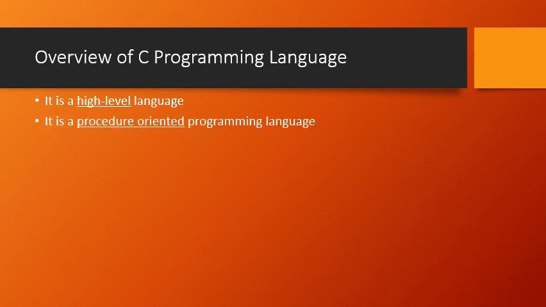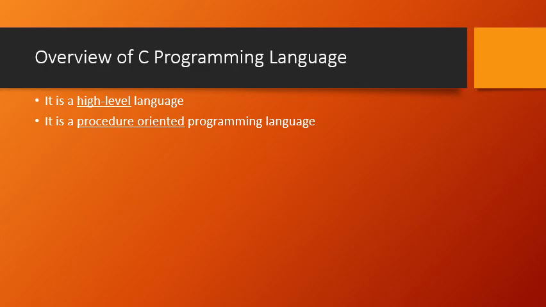We also call the C programming language a procedure oriented programming language. In another context, we can classify programming languages into different types. Among them there are two main types: one is procedure oriented and the second is object oriented. In this semester, since you are learning C programming, we call C a procedure oriented language. Orientation means a focus. The focus is more on what? More on the procedure.